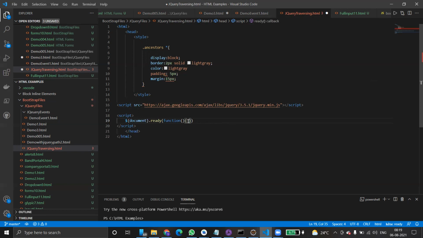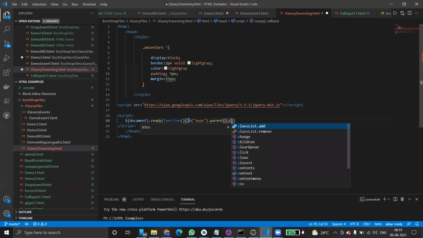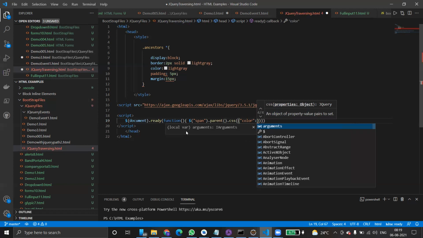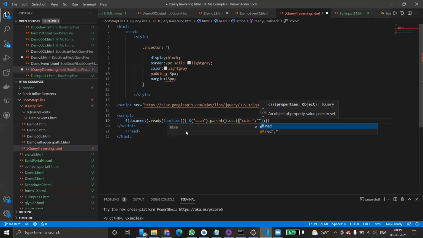I'm not doing any rocket science over here. Very simple code. I'm just using one more locator, dollar, span. I'm using span dot parent dot css of color. I want to give red.